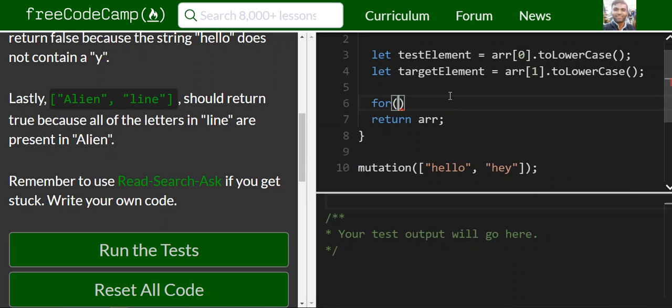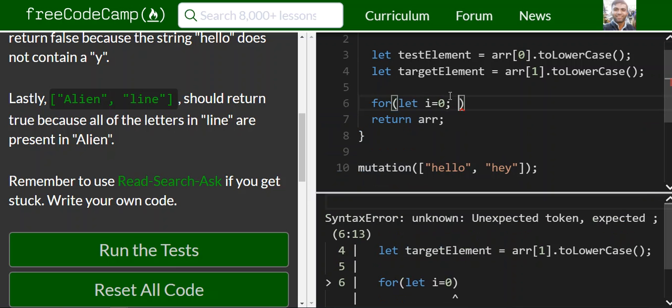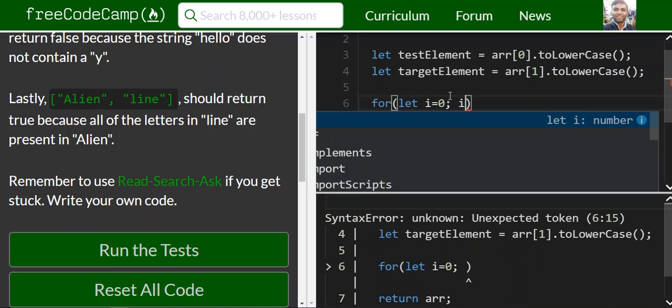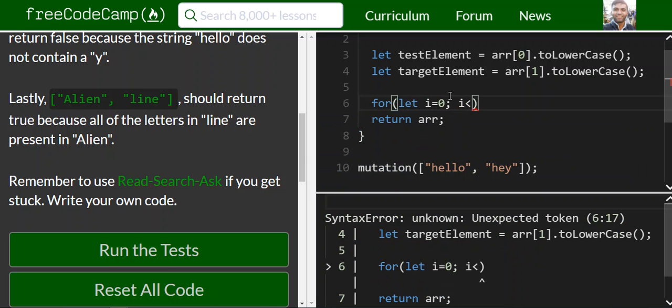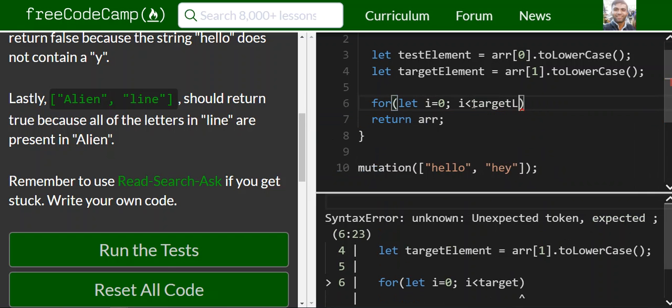By a for loop. So let's do a for loop there, and then I is less than, it was target element, isn't it? Yeah, target element dot length